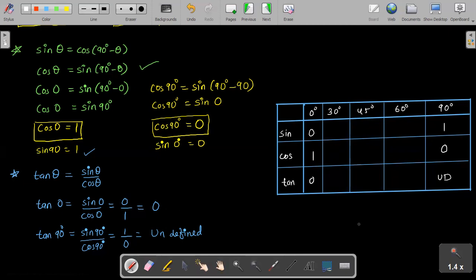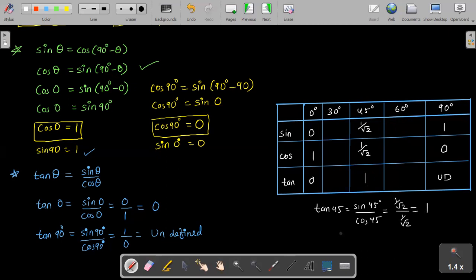Then before this we learnt about 45 degree. Sine 45 was how much? 1 upon root 2. Sin 45 and cos 45 values are both the same, so I will write them together. And we can easily write the answer of tan 45. We know sin 45 degree, we know cos 45 degree, that's the formula. This is 1 by root 2, this is 1 by root 2. What is the answer? 1.